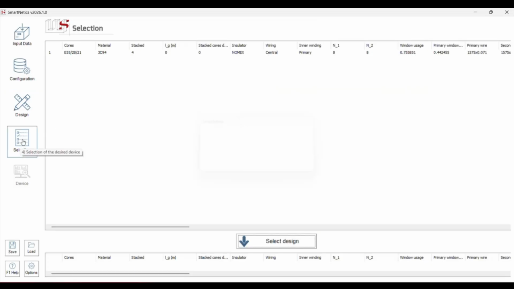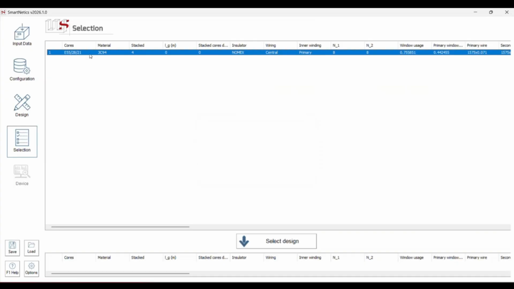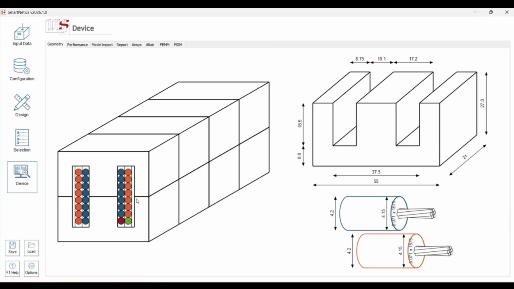I will go to the next step. The device, as you can see, is still the same. So I will select it. The device is still the same 4 cores, the same wires, etc. Because I have set everything to a given value, but the perturbations are different. The same current, the same voltage, but a different cooling option.